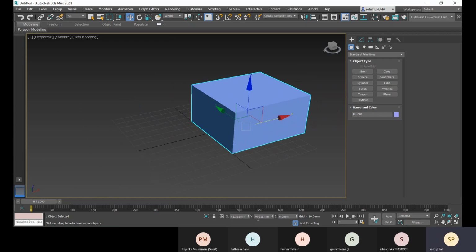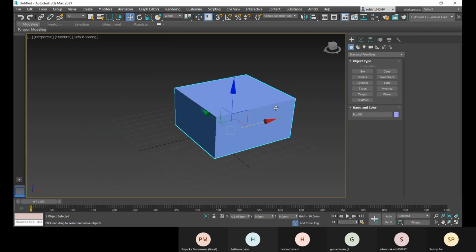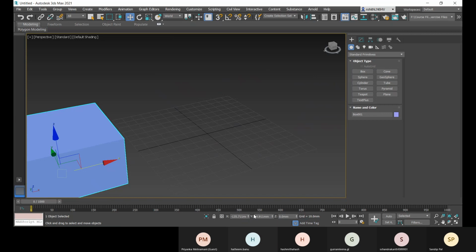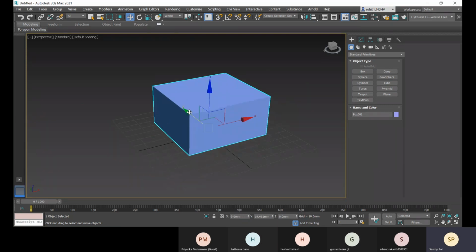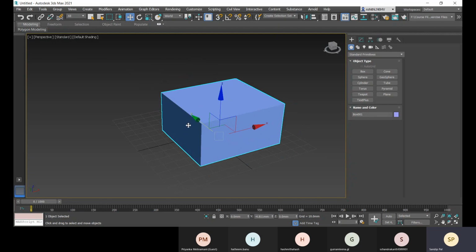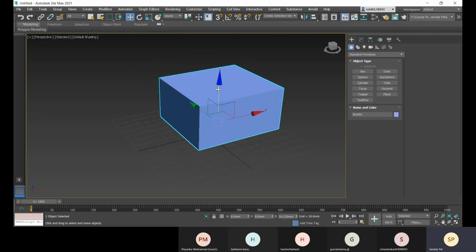And Y is the same, that is minus 4.911. All right, so only the X is being changed. And this way, if I change, only the Y will be changed. And here the Z will be applicable.